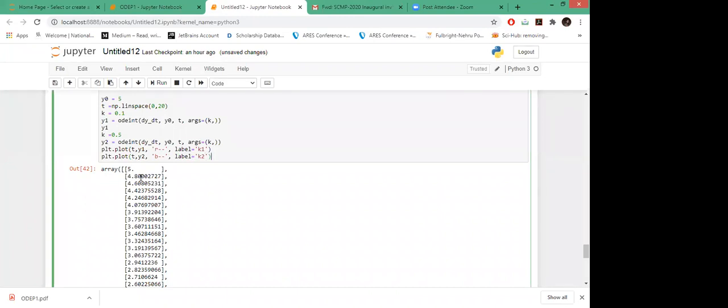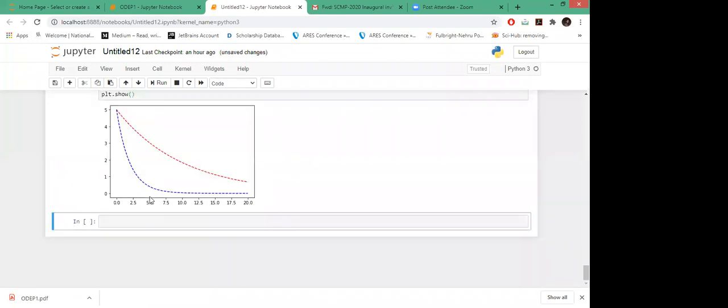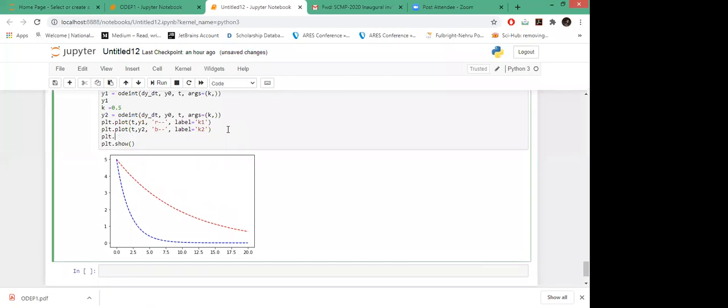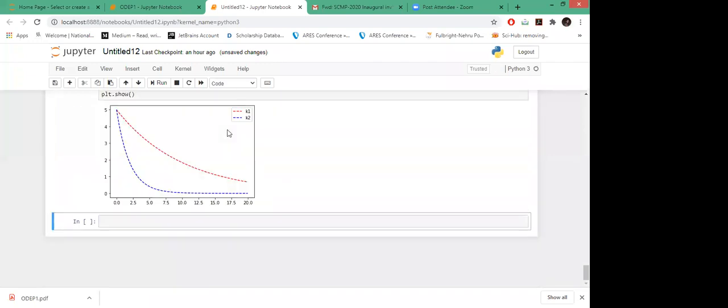Okay. So now you can see how, okay, its labeling is not working. Then let me just add one more comment. Okay, now it is given.